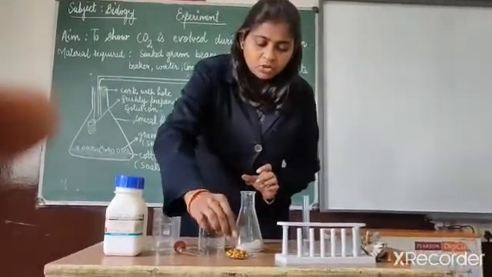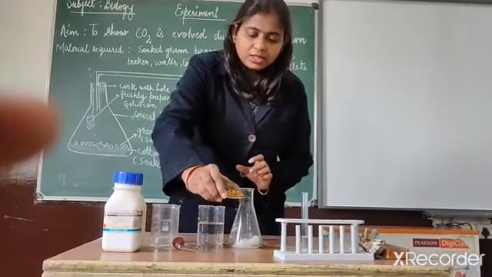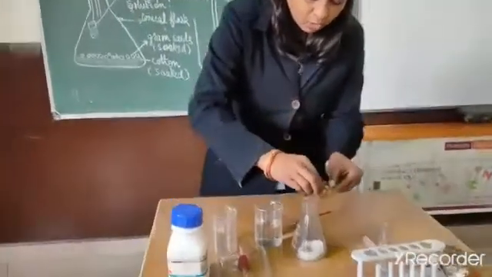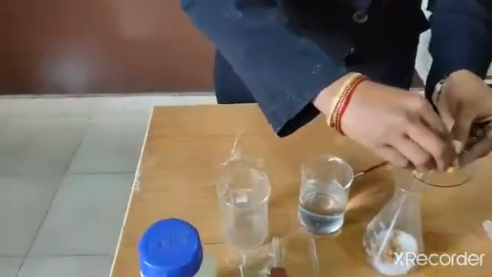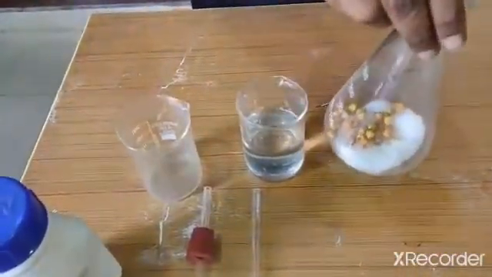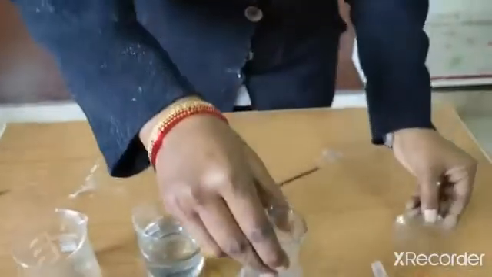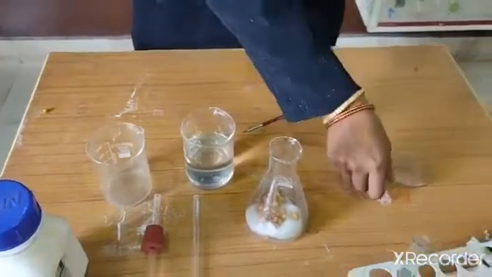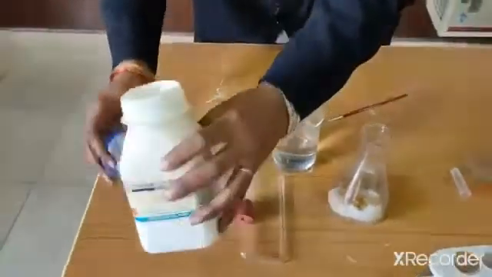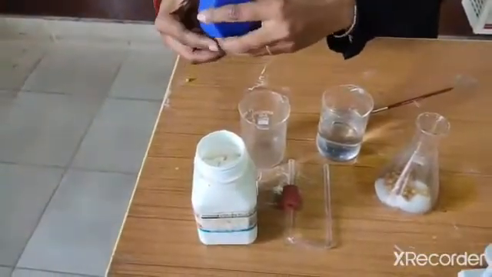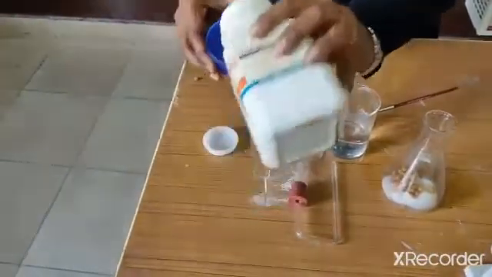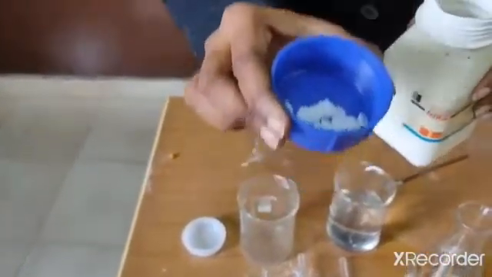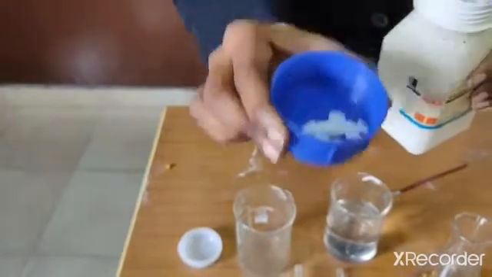Now what are we going to do? We will be taking these soaked gram seeds and putting them in the conical flask. Now you all can see we have put the seeds in the conical flask. The next step is that we are taking the KOH pellets. You can see how they look. You should have an idea. These are the KOH pellets, and we are going to prepare a fresh solution of this.